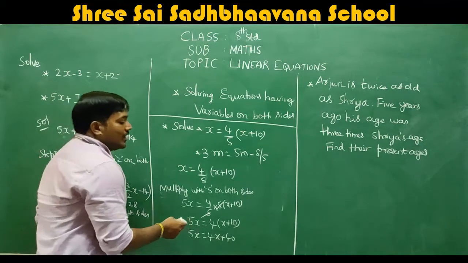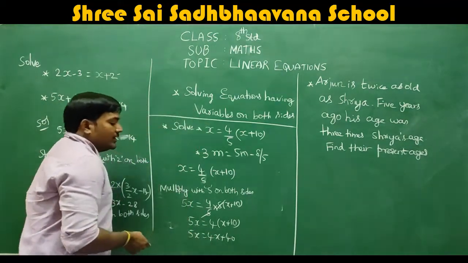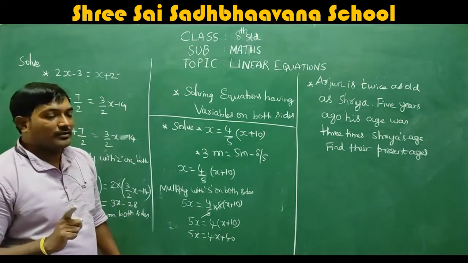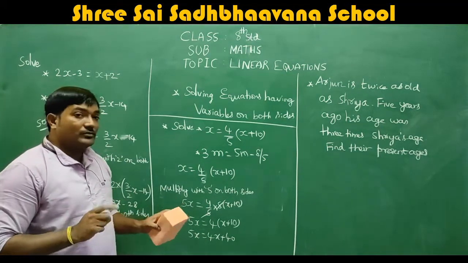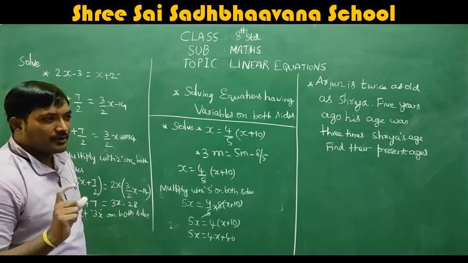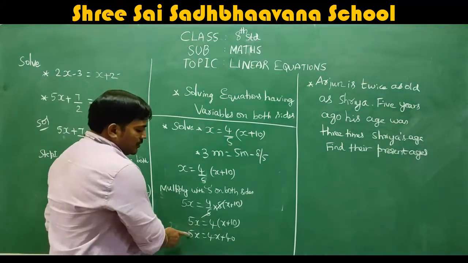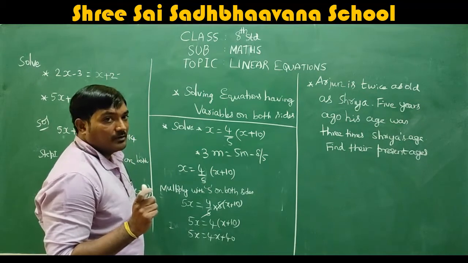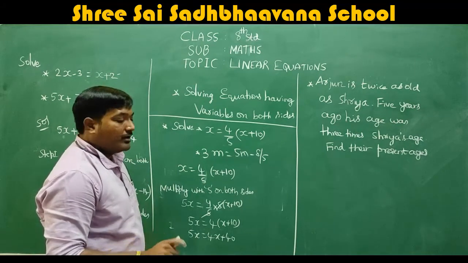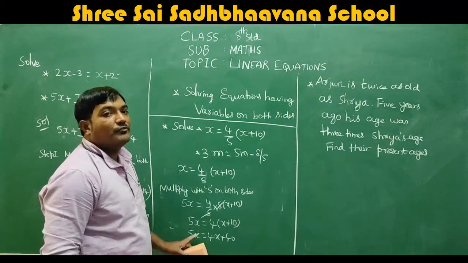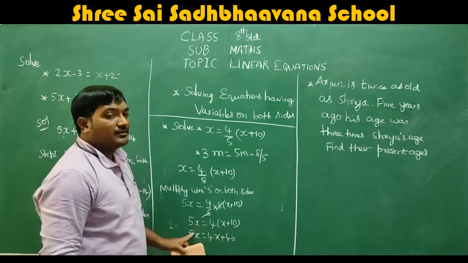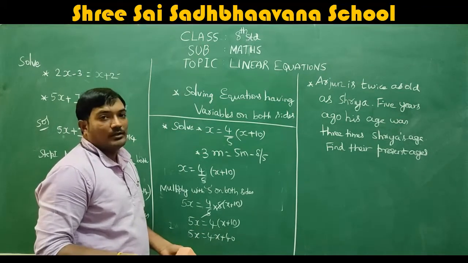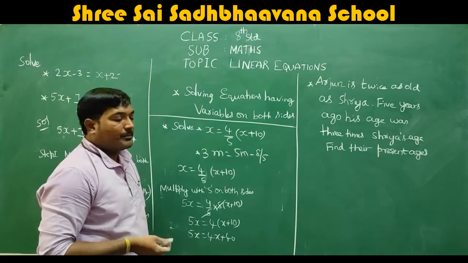So again, we have to find the x value. Here again, the variable is there on both the sides. So make the variable on one side. So how can I make it? Always one thing you remember, it's like a shortcut for you: 5x, 4x, which is the highest one? So 5x is highest, right? So 4x you eliminate. For example, if you have 3x, 2x, so 3x is the highest one, 2x you eliminate. So let me eliminate 4x because that is the lesser one compared to 5x.